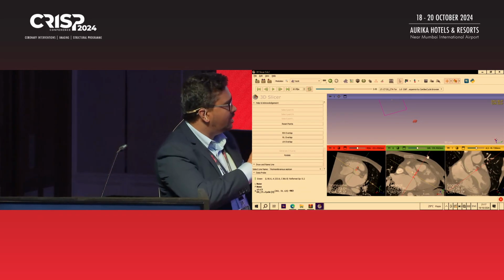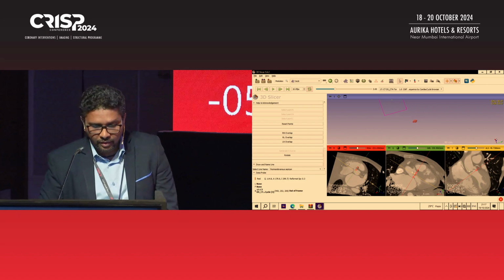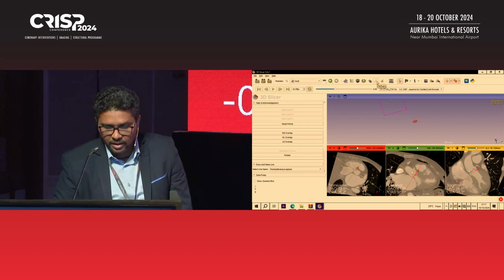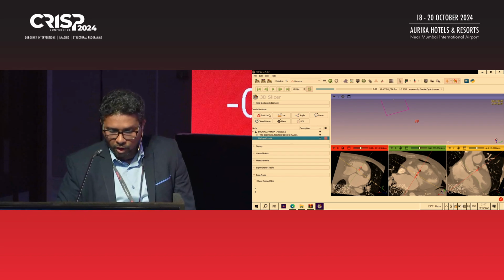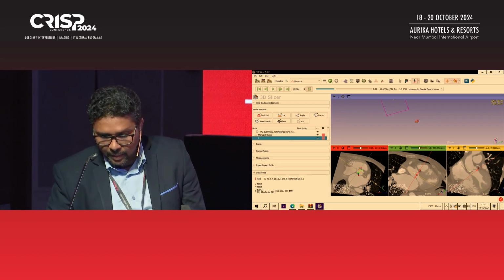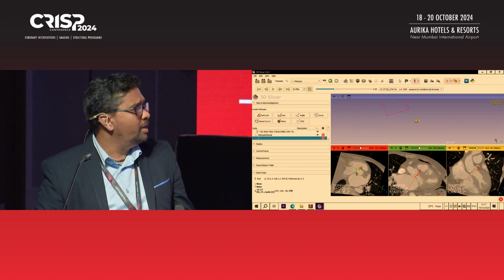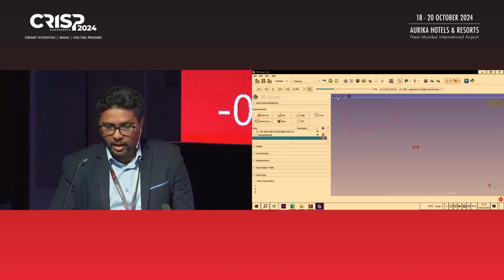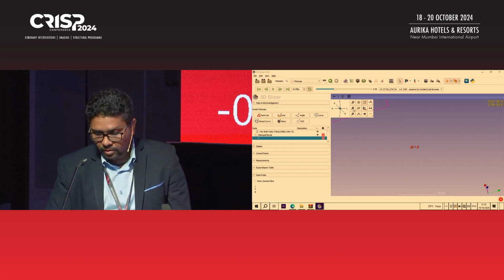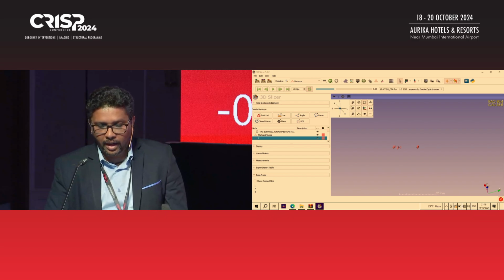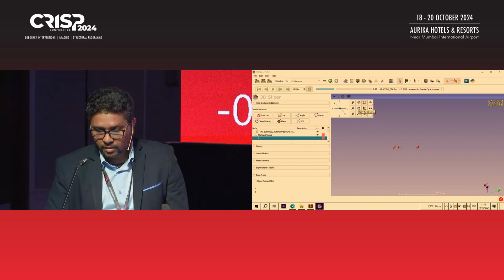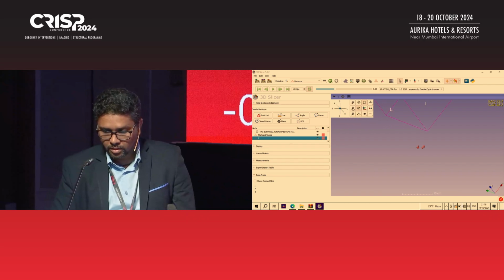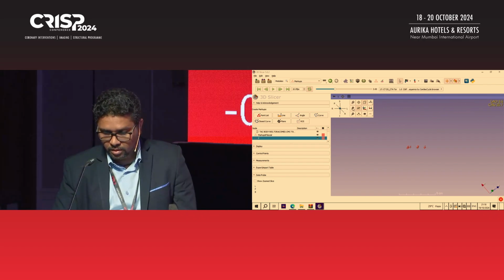Suppose this is the annulus, this is the S curve of the annulus, we know that, and we create one more point. So we can create points here. This is markups, and this is the point list. And suppose this patient has a paravalvular leak somewhere here, F1. Now I'll go here. I'll enlarge this view, and I can rotate this. You can see that the F